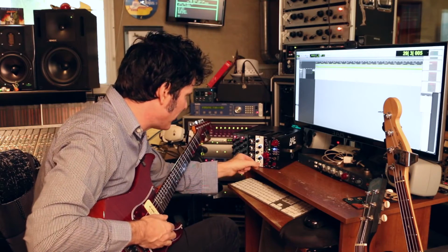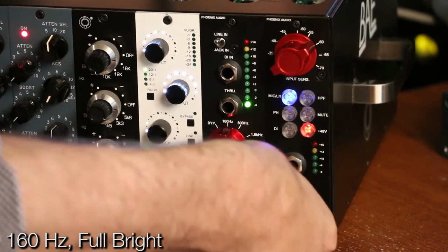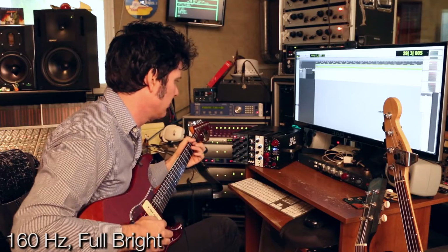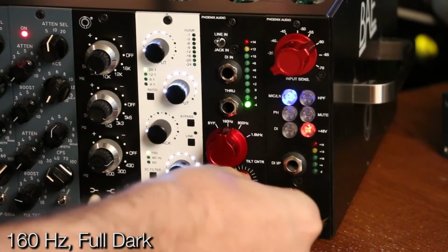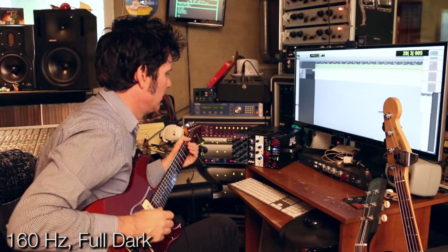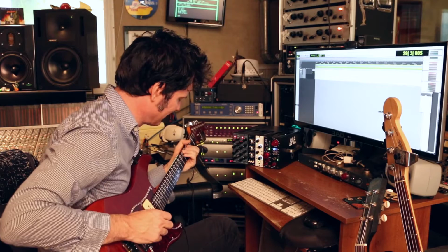So let's try out the tilt function. If I go to 160 here, I can make it brighter. Let's exaggerate it. Go full left, darker. Nice. It's very...